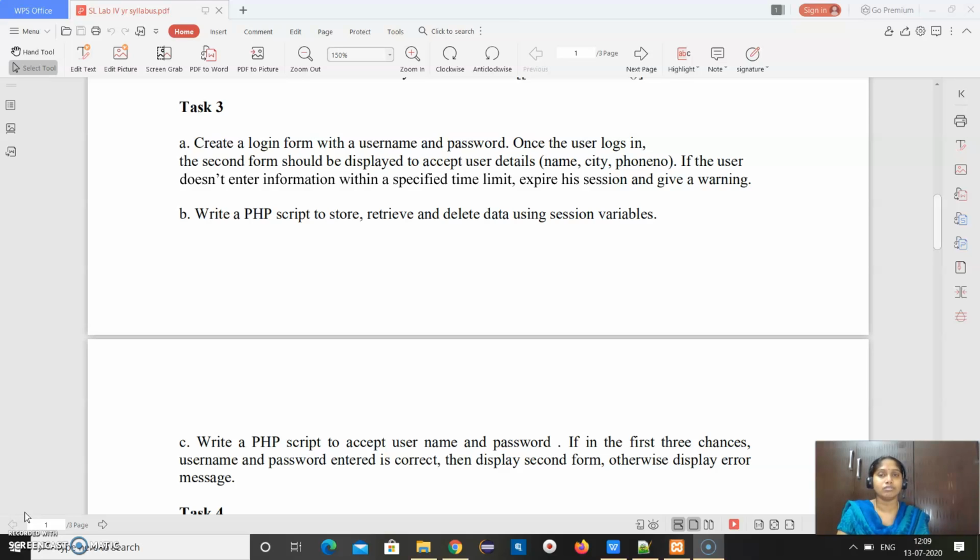Once a user goes into that website with one user ID, whatever the user ID format is, it will be stored on the server. Once the browser is closed, the next user comes and another ID will be created. In this video, we'll see part B, which is related to how to store, retrieve, and delete session variables. We'll go through the basic syntaxes first, and after that we'll discuss parts A and C. Now coming to part B, that is to store, retrieve, and delete session variables.